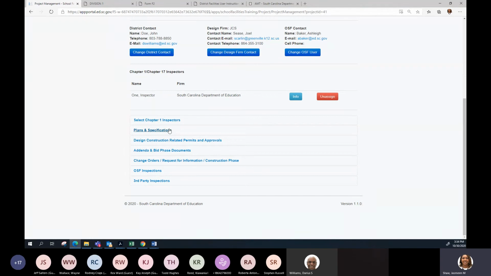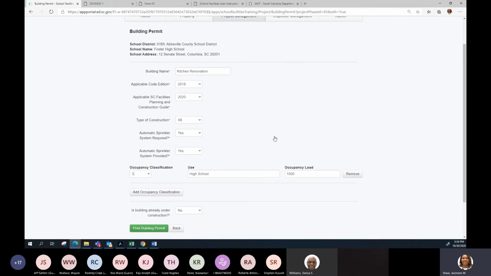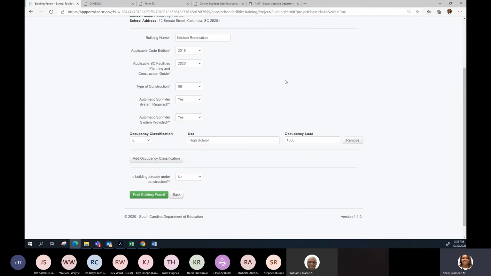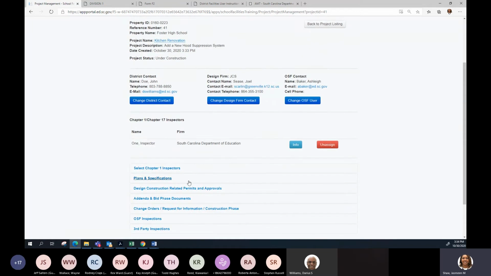Something that I do want to show you under plans and specifications, you will see with your building permit. Before, when we issued a building permit, we were uploading it to the portal and then sending you an email that the building permit can be viewed. Now you can do it yourself, and you will automatically get an email for your building permit and your certificate of occupancy. So I'll show you it again, and it saves a lot of time.